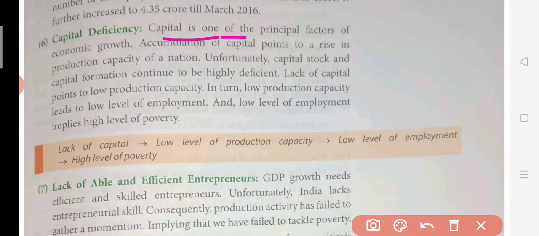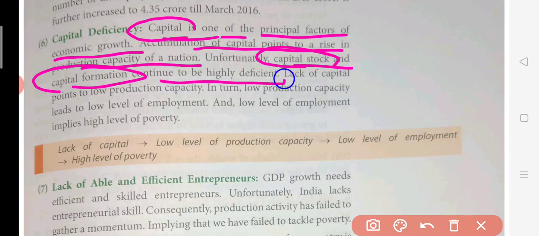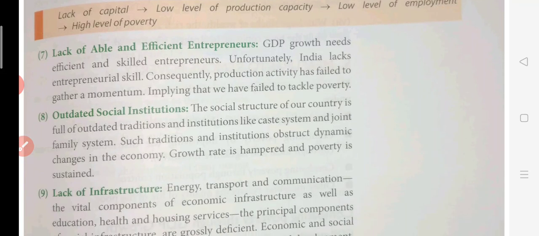But if they are not going to invest this money in the company's capital, so availability of capital is a main factor of economic growth. So accumulation of capital raises the production capacity of the nation. सिंपल बात है, अगर प्रोडक्शन कैपेसिटी ज़्यादा है कंट्री की, तो इंडस्ट्रीज कैपिटल इन्वेस्ट करेंगी, और ज़्यादा कैपिटल इन्वेस्ट होगा तो ज़्यादा एम्प्लॉयमेंट जनरेट होगा। Unfortunately, capital stock, which is the number of machinery which shows production capacity, and capital formation, meaning investment, continue to be highly deficient, ये हमेशा कम रहा है। तो कैपिटल डेफिशिएंसी की वजह से भी हमारा लो लेवल ऑफ एम्प्लॉयमेंट देखने को मिलता है कंट्री में।